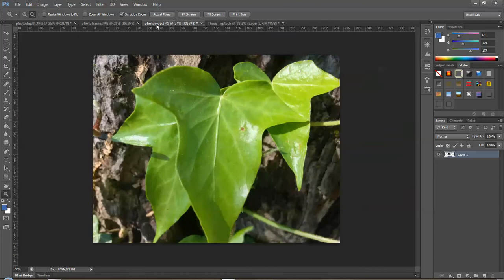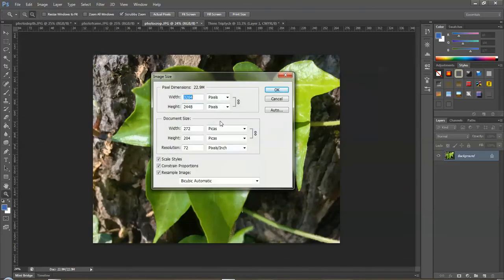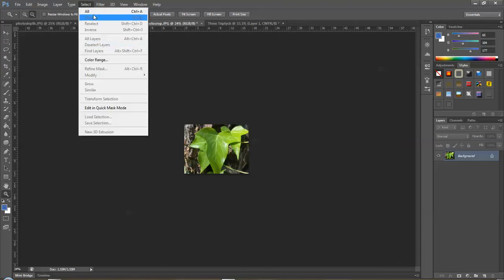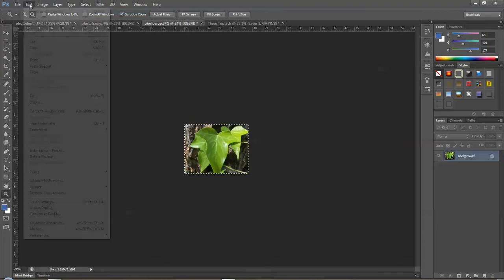So now I just simply have to go here, go to image, image size, change this to 17, resolution to 300, make sure constraint proportions, all 3 of these should be checked in order to resize it with the best quality. I click OK, select all, edit copy,